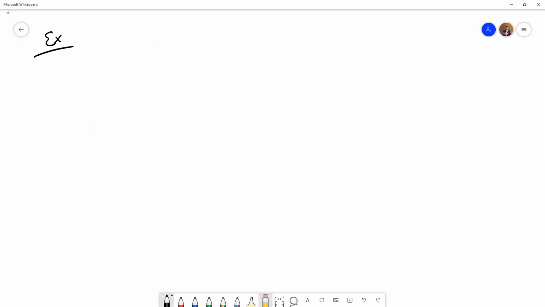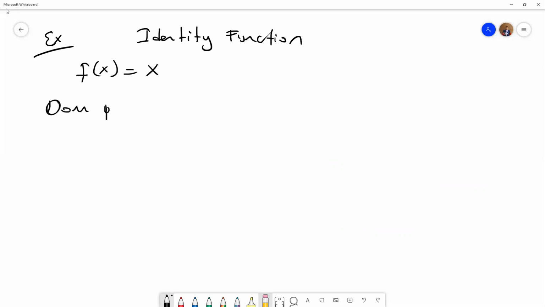Another example, the identity function. For the identity function, we know that f(x) is equal to x. So again, we have range and domain. Domain of f is equal to real numbers, and range of f is equal to real numbers again, because